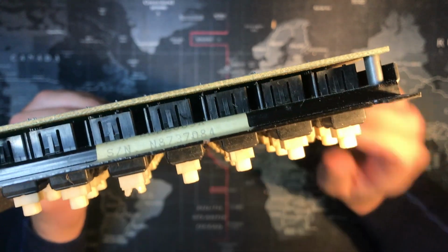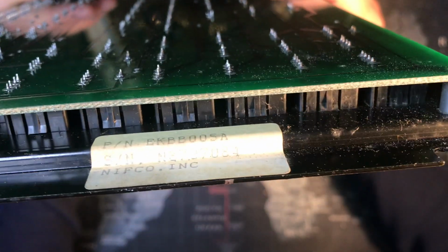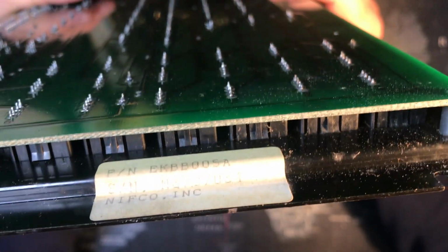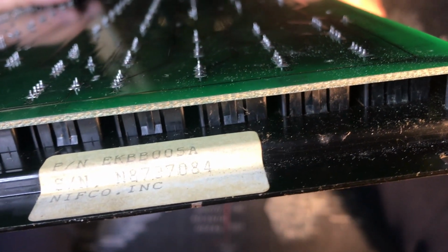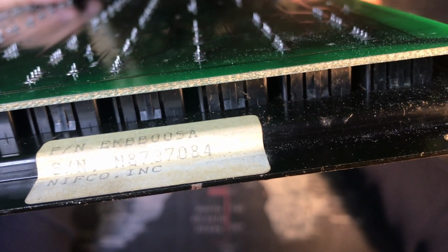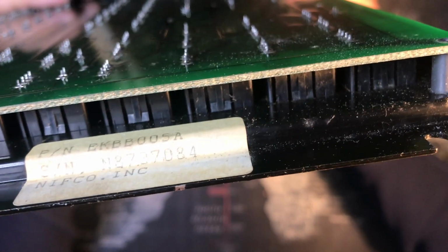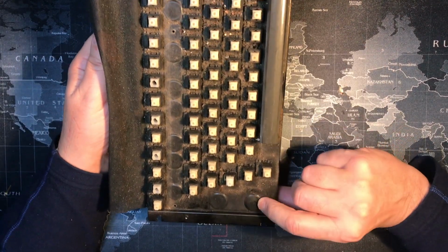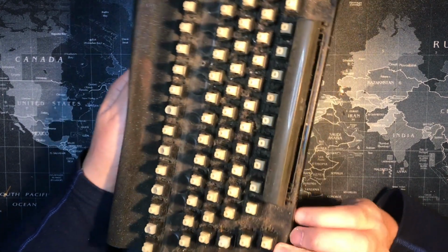I'm gonna research before doing it, but let's see, what do we got? There's some wording there. Let's see if we can pick out the wording. Again, NIFCO part number, and the serial number. N8737084 is the serial number. NIFCO Inc. I want to look that up. What is this stuff? Strange. Oh, that's part of the metal board. Oh, well,